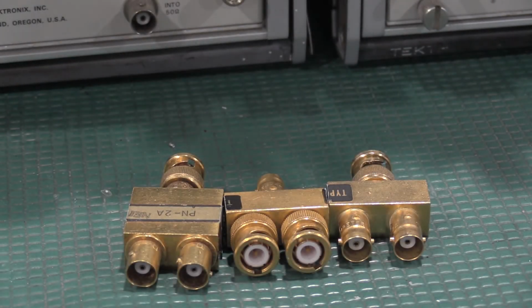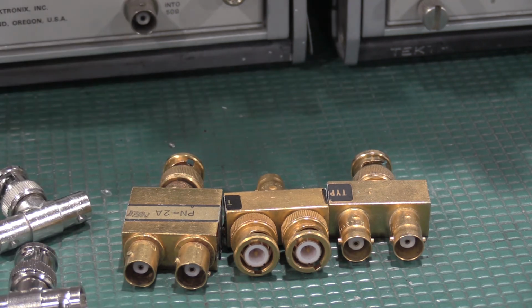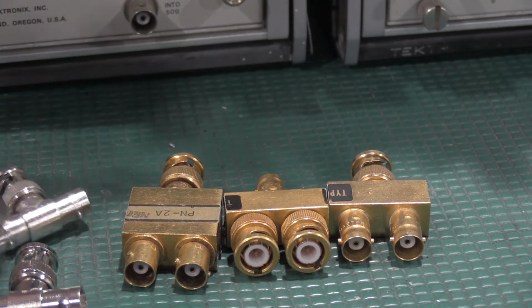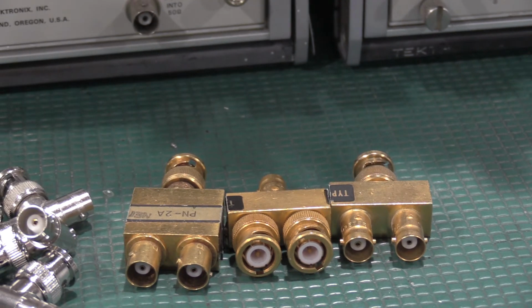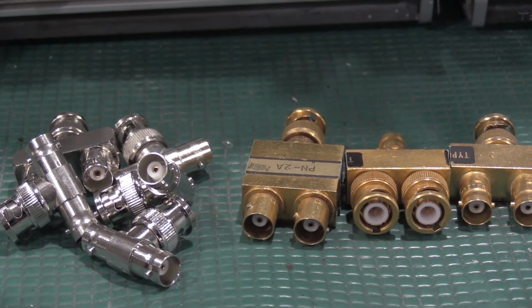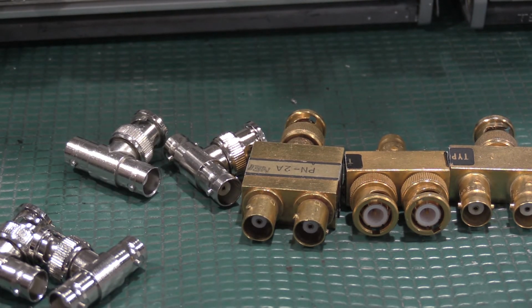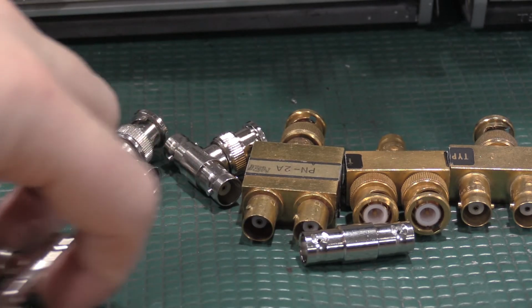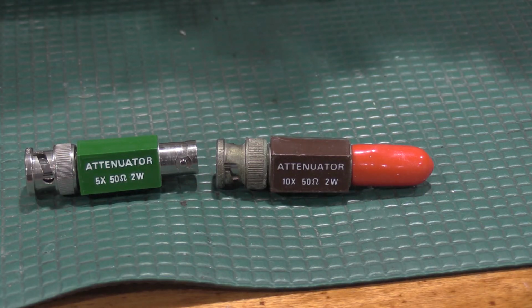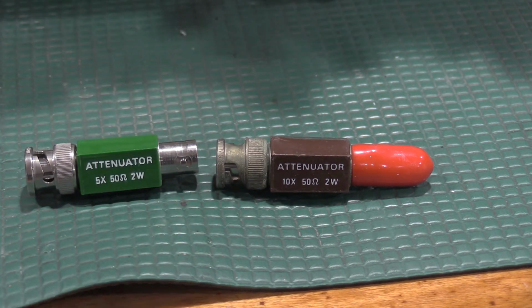But you'll just need a variety of these. These are some that came with a couple of my scopes. I have some cheapy ones. So lots of BNC stuff. You will also need probably extenders, a few of just extenders. You will also need some attenuators, 5x, 10x,